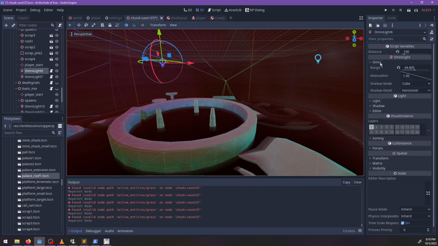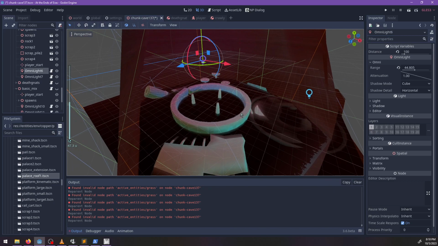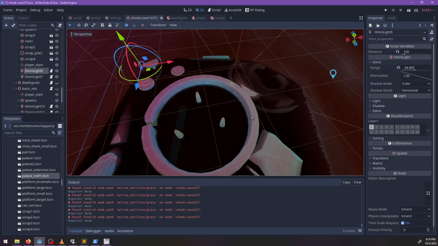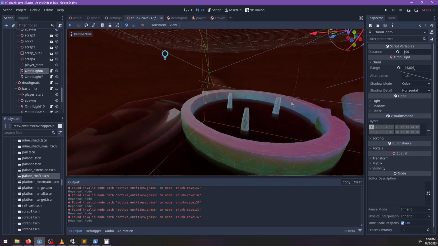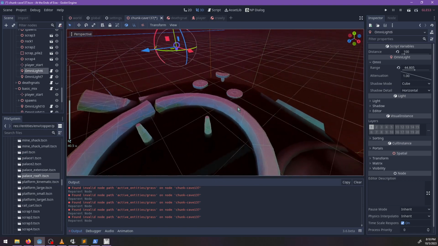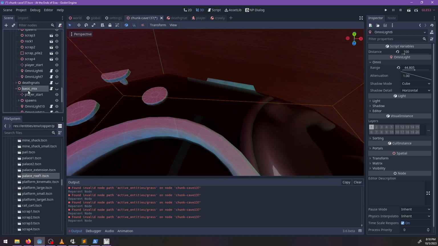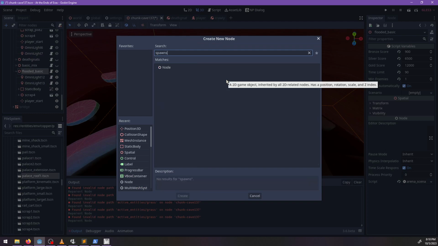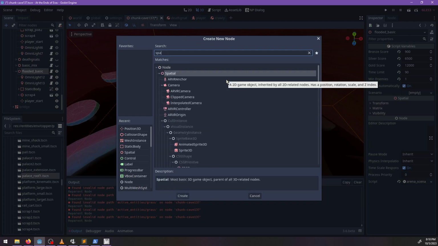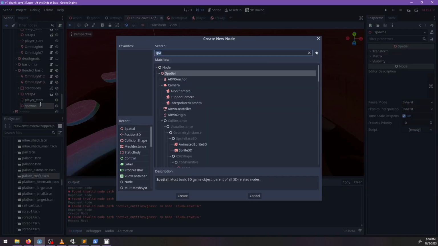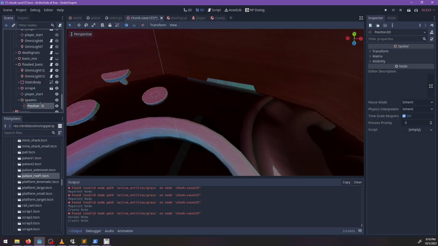Let's get these lights a little bit more. Well, I'll do that later. I just wanted something funky and cool for this one. And then space or position 3. So let's do like